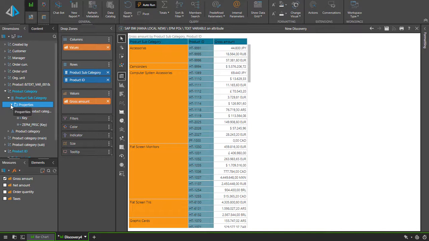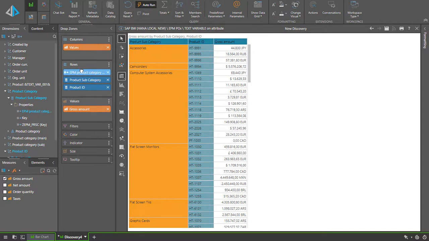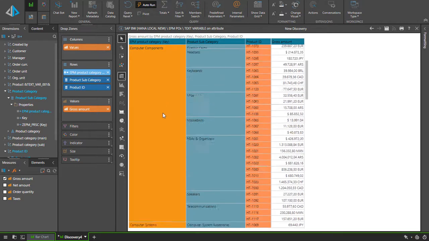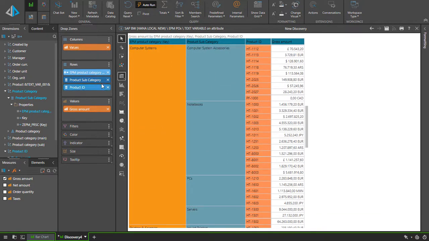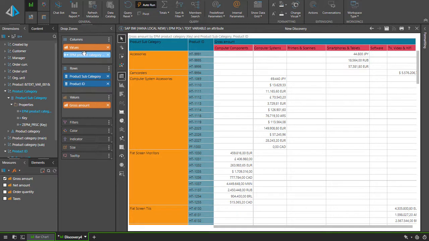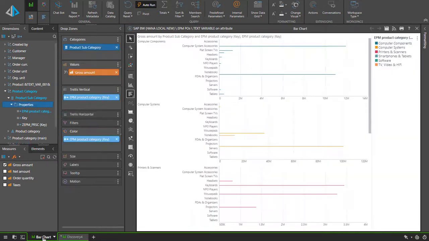Once enabled, if we click on the Properties folder, we can find the additional attributes. By simply dragging and dropping it onto the rows, we can view it as if it were a regular hierarchy. Notice it has a distinct icon and has a different color to the normal chip. We can also drop it onto the column and display it as a column. It can also be used in visuals as a color chip or as a horizontal or vertical trellis chip. This brings tremendous power to the SAP BW reporting, where users now have access and flexibility to use all these